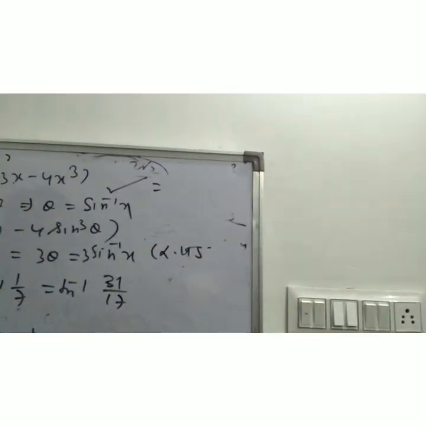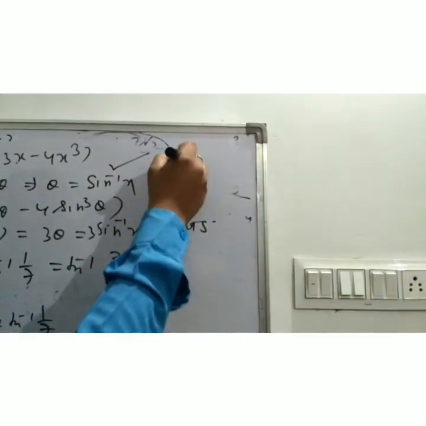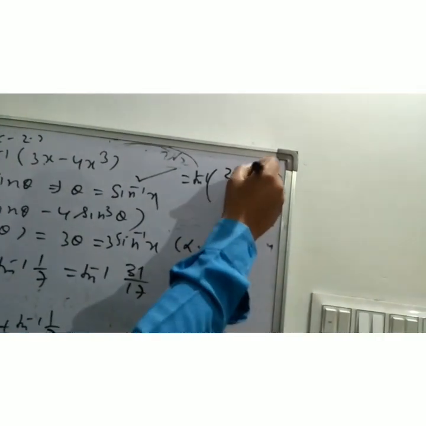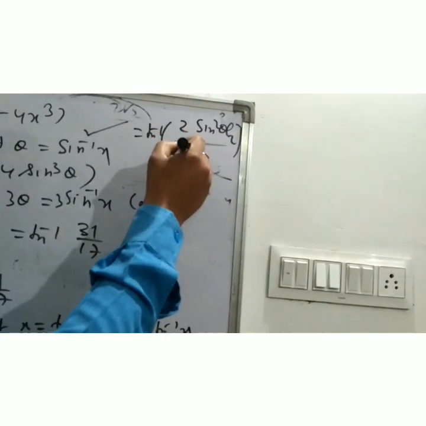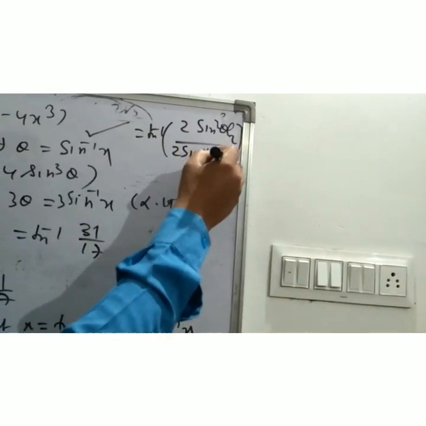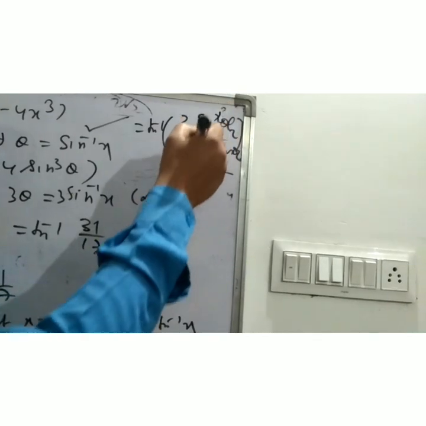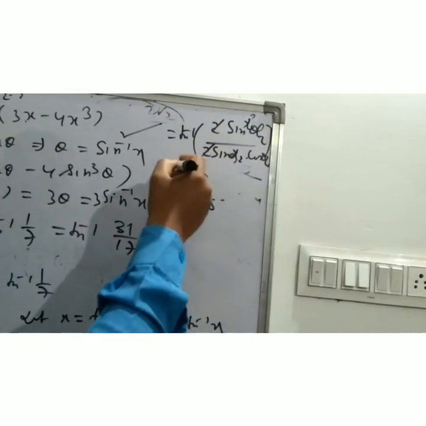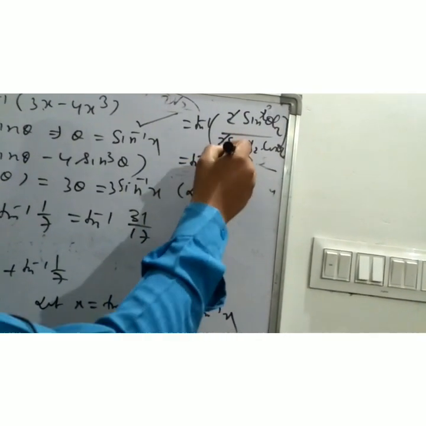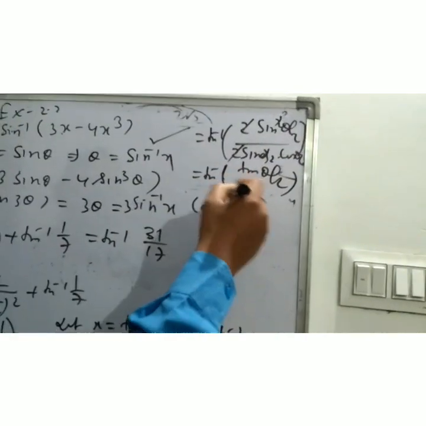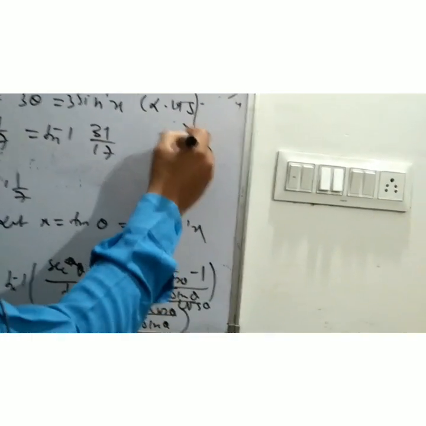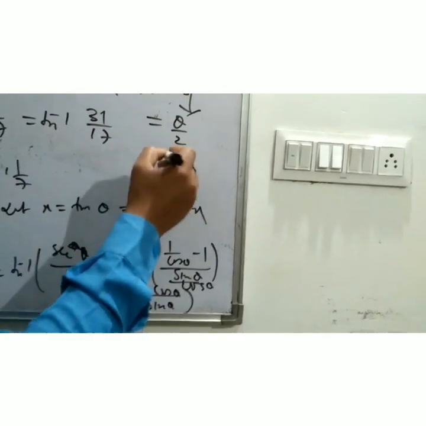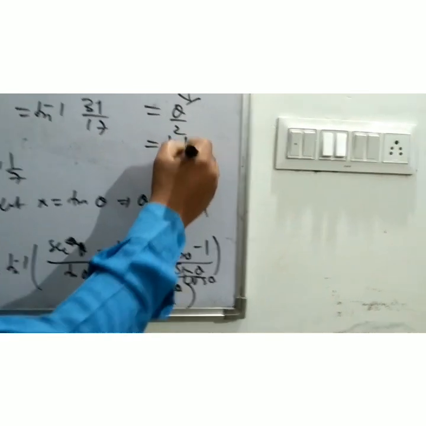Then 1 minus cos theta is equal to 2 sin square theta by 2, as we know, and sin theta is equal to 2 sin theta by 2 into cos theta by 2, by the sin 2 theta formula. So 2 cancels, sin theta by 2 cancels, and we get tan inverse tan theta by 2. Tan inverse cancels, and only theta by 2 remains. Theta is equal to tan inverse x, so the answer is half tan inverse x.